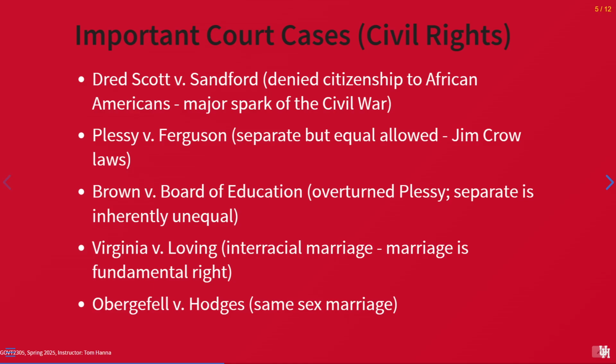So Plessy versus Ferguson said separate but equal was allowed. This is 1896. Brown versus Board of Education came in and said, no matter how good the facilities are, if they're separate, they're inherently unequal. And so